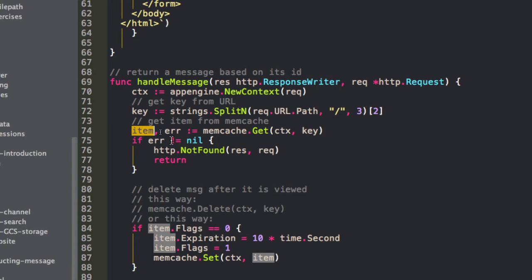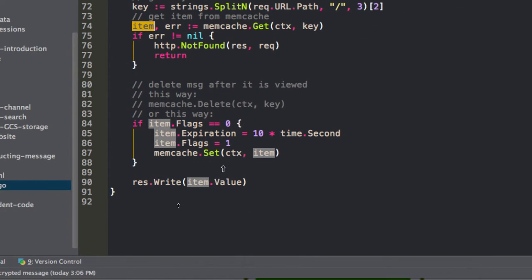It gave me a memcache item. And then here basically I'm saying write out the item value. Show me the item value. What's the value there? How do I know I could use value? If I go back here to the documentation,